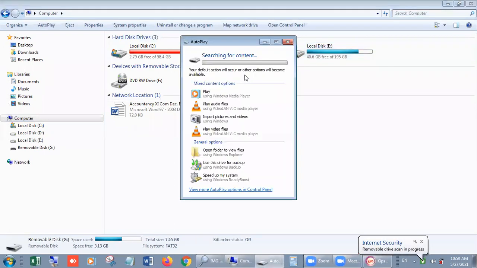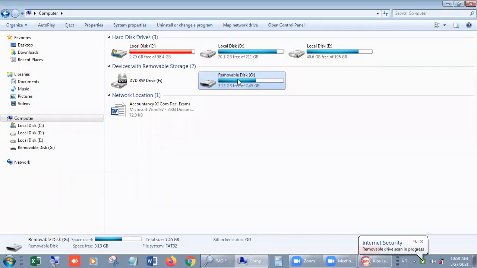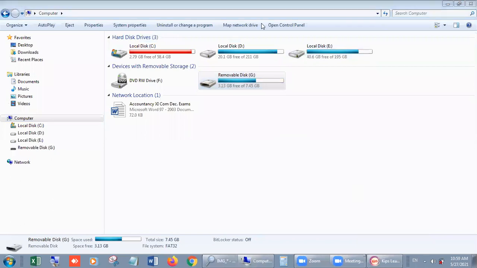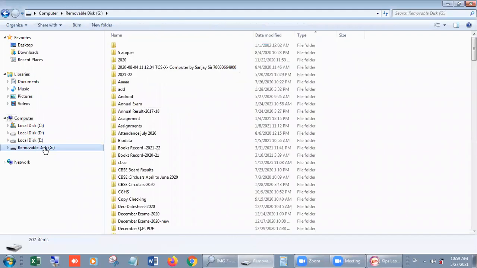It is removable disk G. This pen drive is showing as G drive because we have C, D, E, F. After F, G automatically came. Right students? So in this way, we can also shift the file to my pen drive.